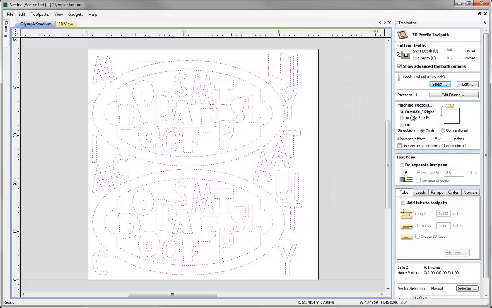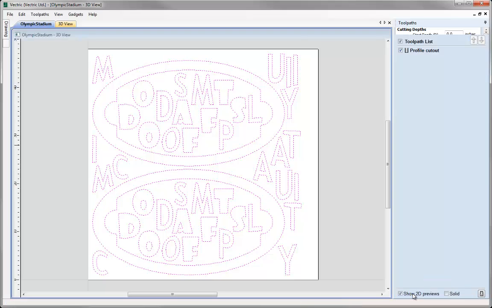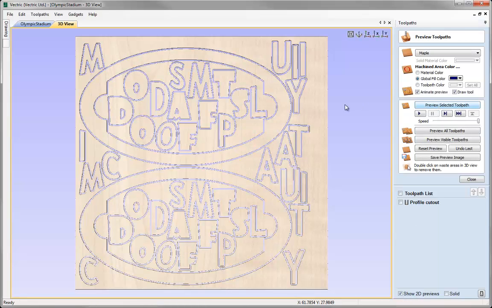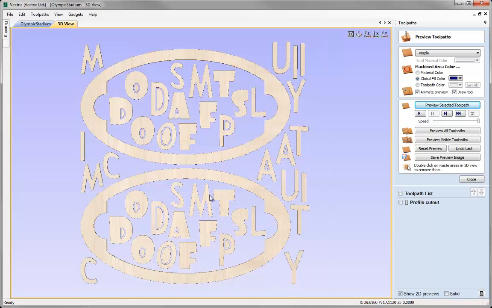I'm going to select to machine outside the vectors here, and then I'm just going to scroll down, give this a name, profile cut out, and then just press calculate. I'm just going to go straight away and preview the toolpath. I'm just going to delete the excess material. And this will give you an idea of what the job will turn out like if you do go ahead